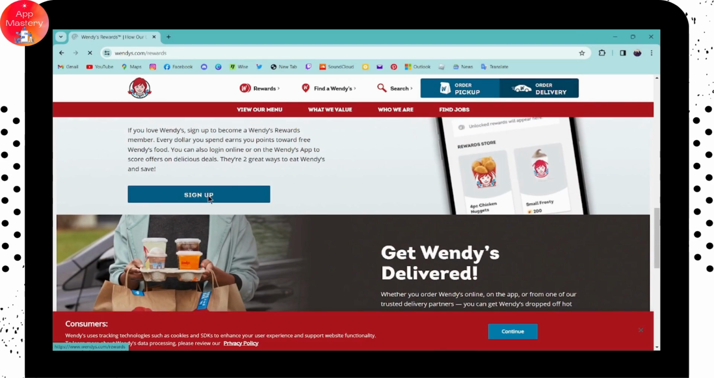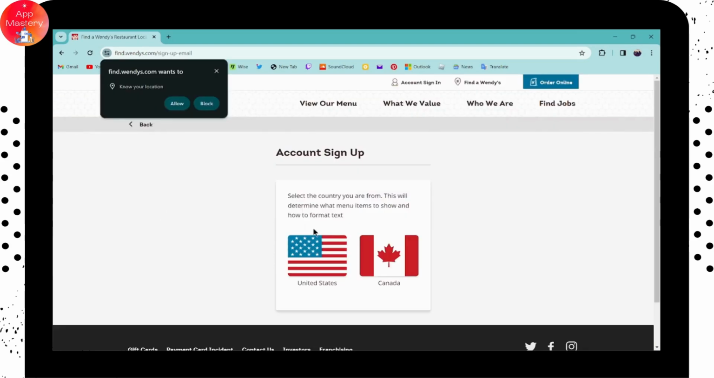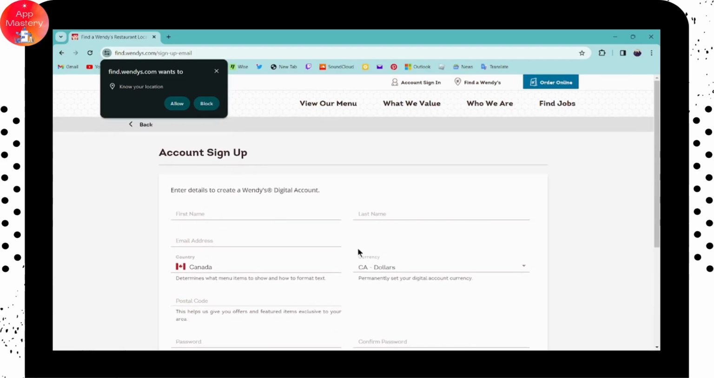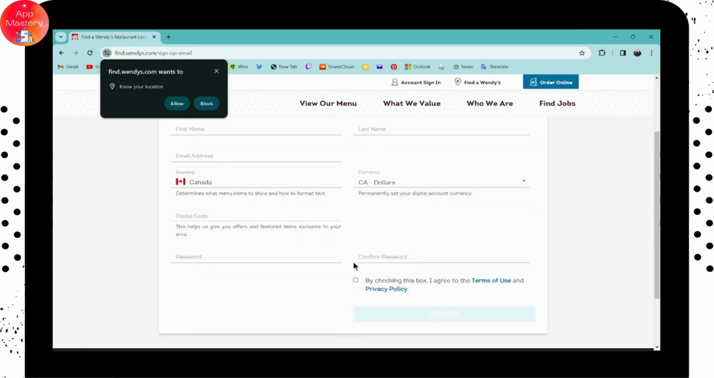Click on sign up and click on join now, and then you can choose your country, and after choosing that, it will take you to the account sign up page. So if you want to sign up for your account, first you need to enter your first and last name, and then here you have to enter your email address, and you have to choose your country, and then your currency. You can simply click on the drop down bar and then choose your currency, and then